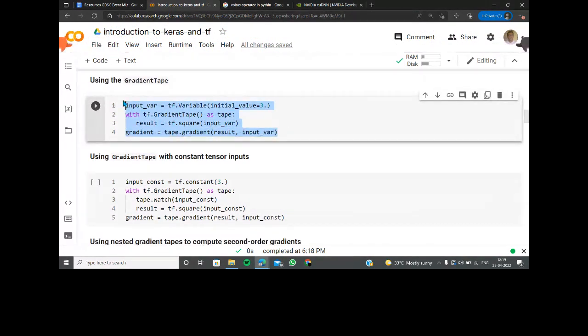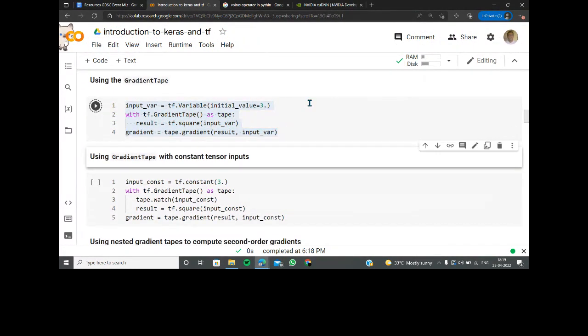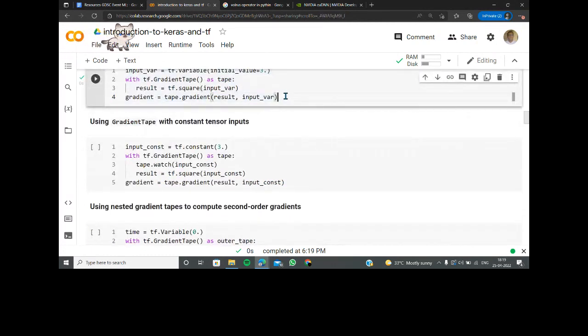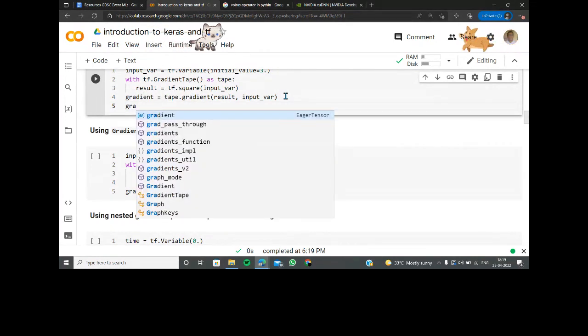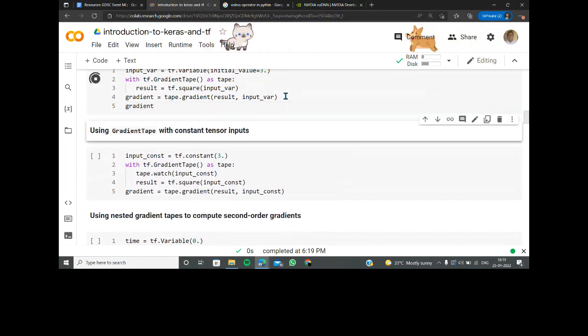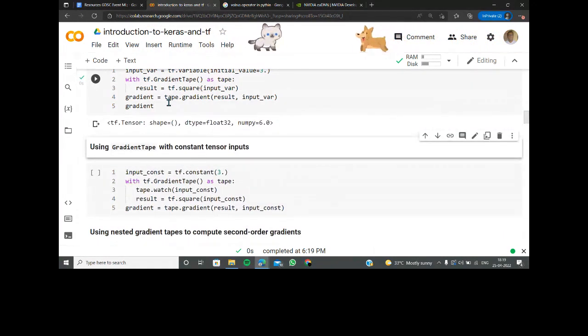So input variable gradient. You can use gradient types and start listing out the results. Let's say I want to print out the gradient. Oh, sorry. If you hold control and space twice, it's just going to be there. So gradient types are already taken care of.